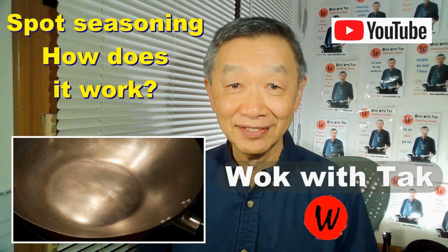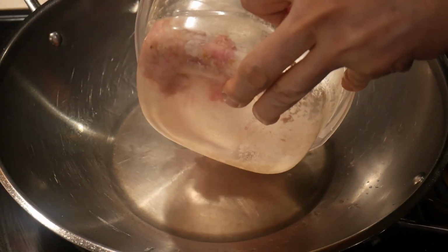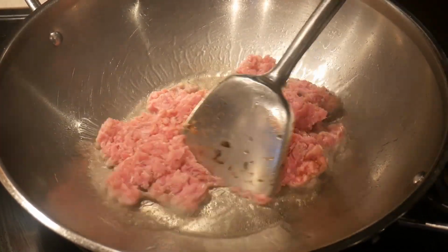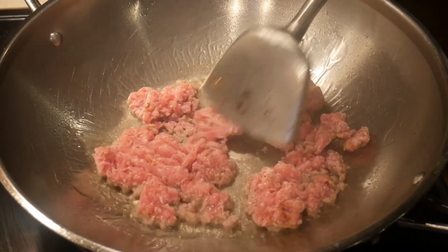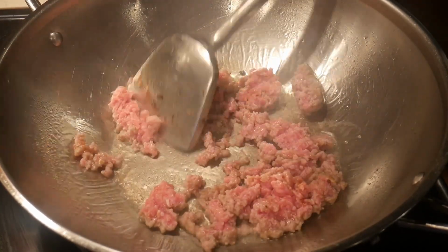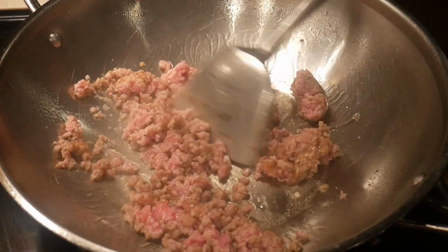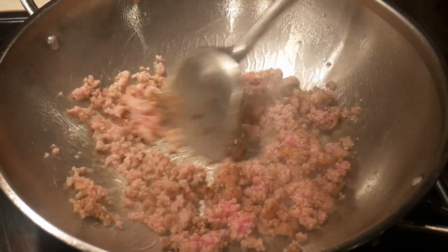Okay, now the oil is really hot. It is perfect. I'm going to add the ground pork to the wok. I always add the ground pork first because I want the temperature really high, because once you add any food ingredients to it, the temperature will drop. So I want to add the ground pork when the oil temperature is at its highest. At this temperature, as you can see, the ground pork is being browned. And I want to brown it because I want to create the flavor through the Maillard chemical reactions. And because of this, you always want to add something that you think will generate the most flavor in the beginning of the cooking